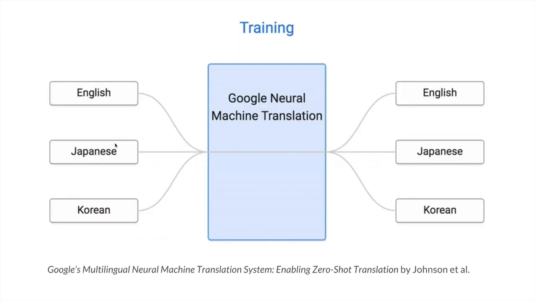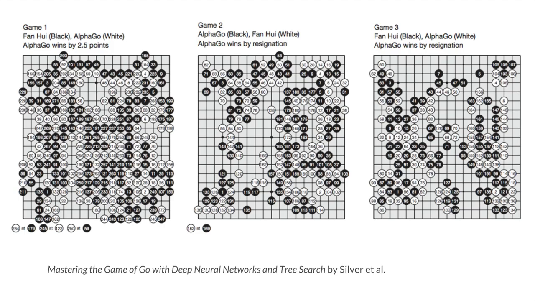This is another example by Google, particularly from their Google Neural Machine Translation group, and this is really cool because you can take two languages where you don't have explicit examples, say Japanese to Korean. Instead, you use kind of an intermediary language, and then it can translate without having explicit examples from Japanese to Korean, because it chains them together. It's more complicated than this. I'm just trying to give a top-level overview.